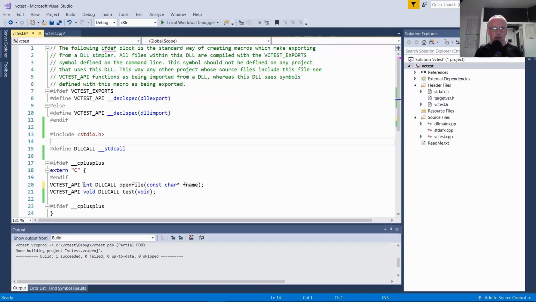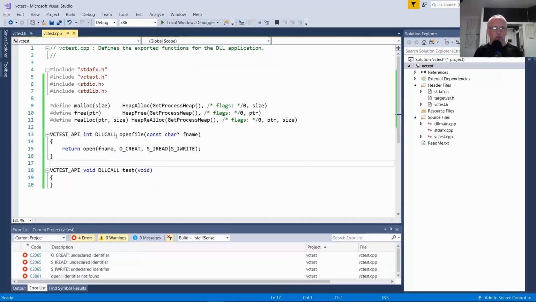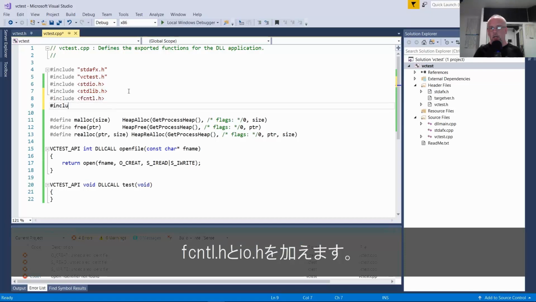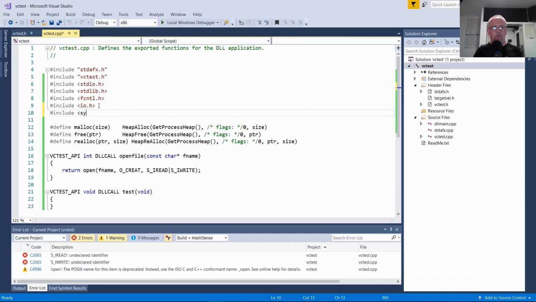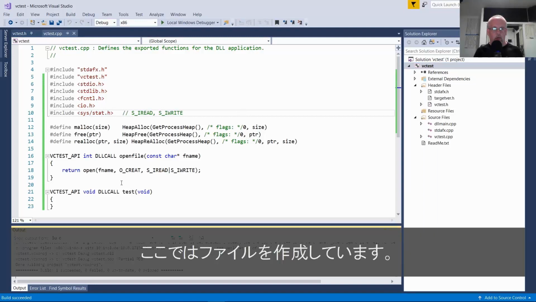Int. Actually, no longer need standard IO. I do need some other headers. So I think it's like fcntl.h and io.h. So all it does is create this file.